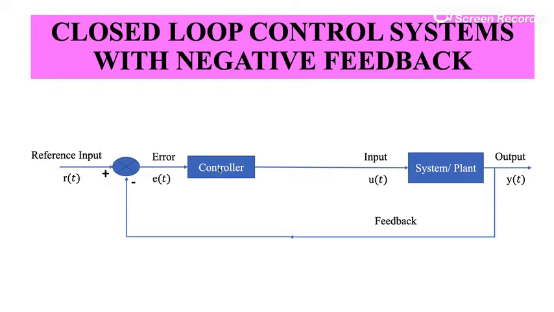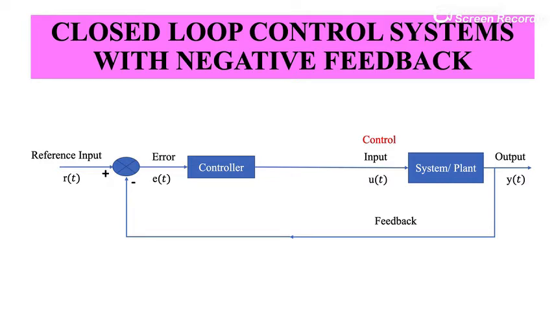So in other words, the controller is the block that takes in the error between the desired and actual obtained output and then calculates what input needs to be provided to the system. So when the controller calculates the system input and provides it to the system, the function u(t) is then called the control input. So this is a broader visualization of a closed loop control system with feedback.